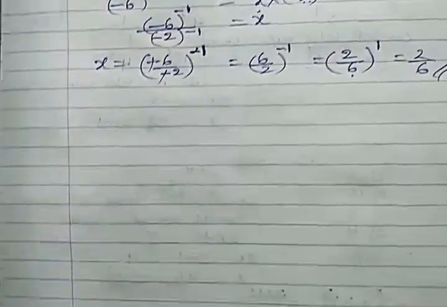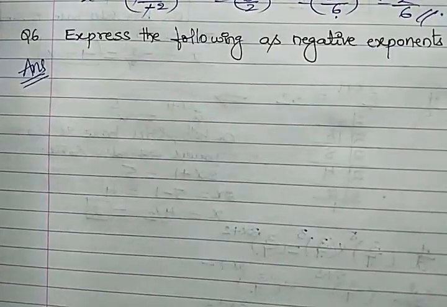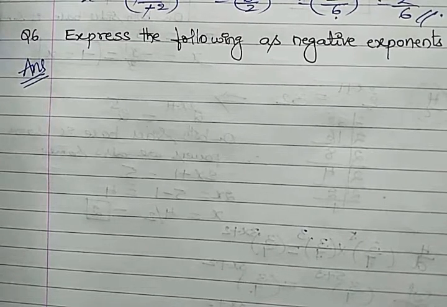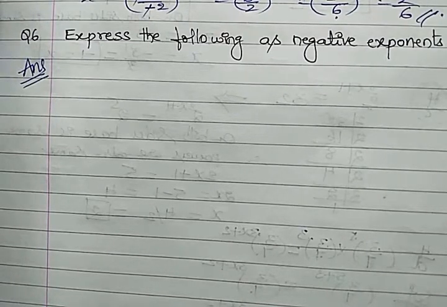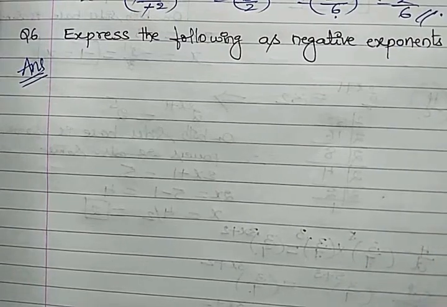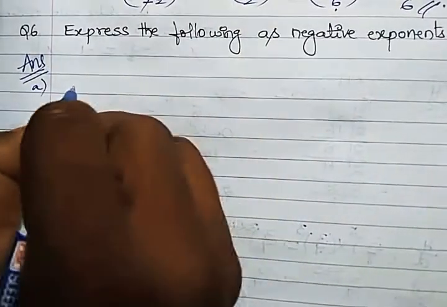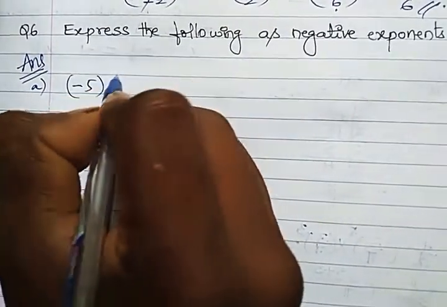Now the last question of this exercise is: express the following as negative exponents. Till now we have solved the questions. Wherever we find a negative exponent, we convert it into a positive exponent. Now the question is changed, convert them into negative exponents. नेगेटिव एक्सपोनेंट्स में कन्वर्ट करना मतलब यदि पॉजिटिव एक्सपोनेंट दिया जाएगा, पावर इज पॉजिटिव, यू टेक द रेसिप्रोकल, ऑटोमेटिकली इट बिकम्स नेगेटिव एक्सपोनेंट्स. द फर्स्ट वन इन क्वेश्चन 6 इज minus 5 power 2.